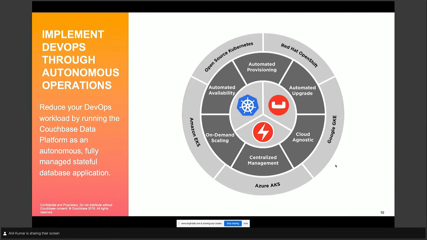There are features which we have shipped in the 1.0, 1.2 timeframe: automated provisioning, upgrade, cloud agnostic operation, centralized management, on-demand scaling, and automated availability. It is certified on all these platforms: open source Kubernetes, Red Hat Openshift, Google GKE, Azure AKS, and also Amazon EKS.